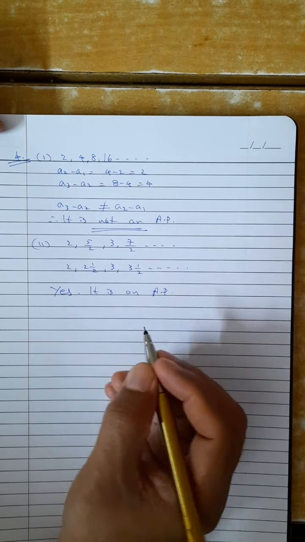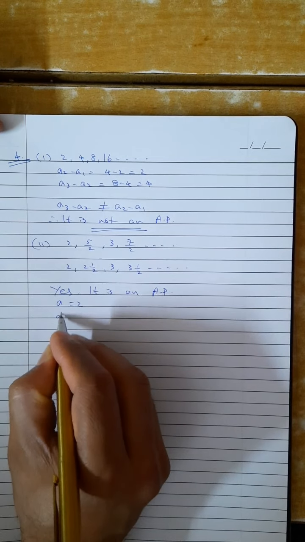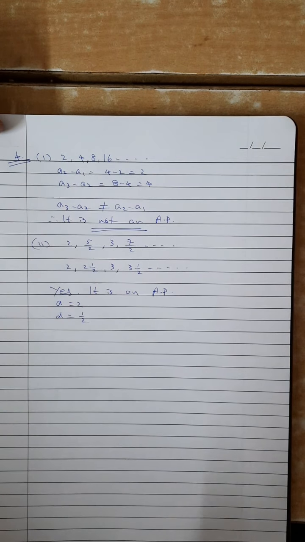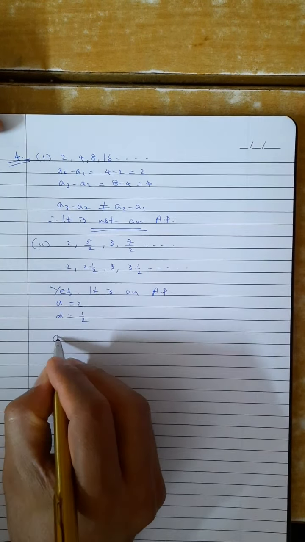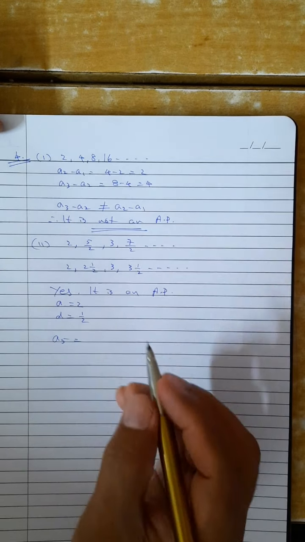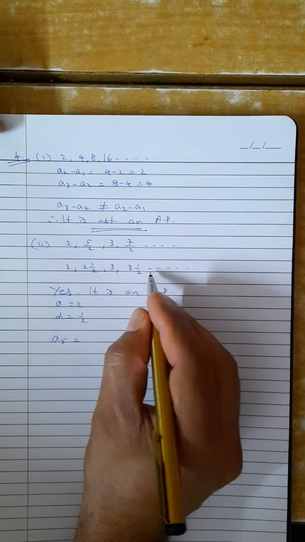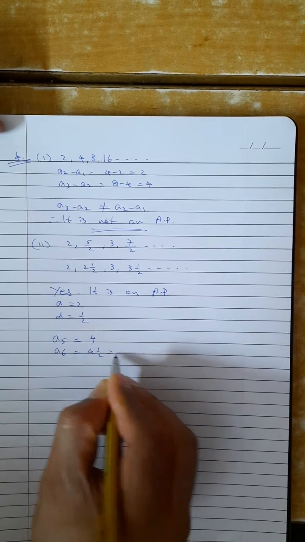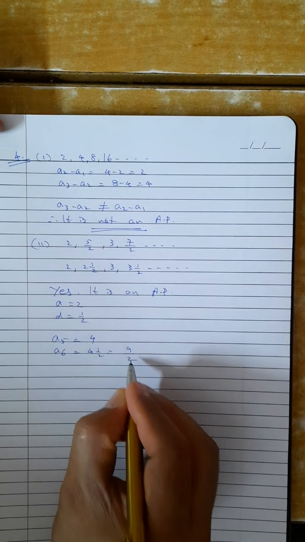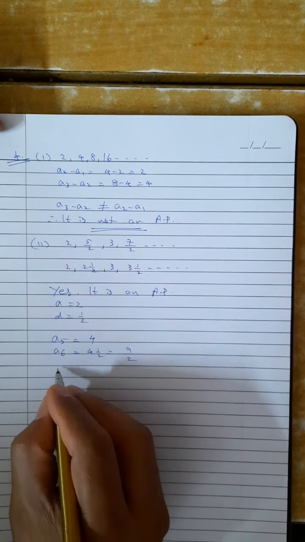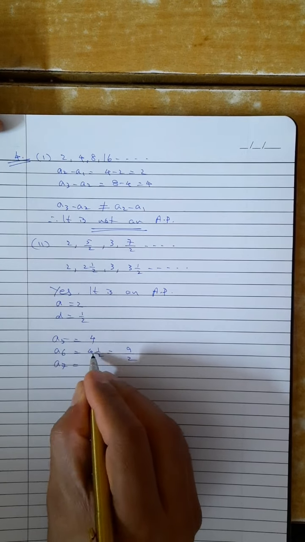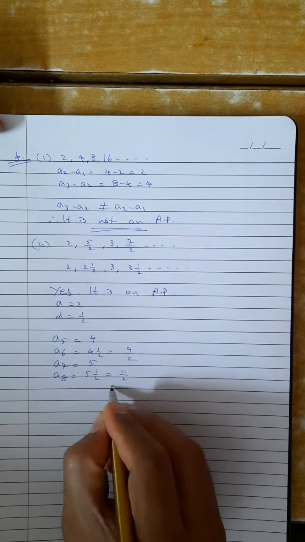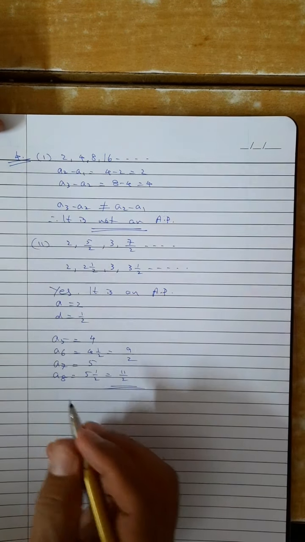Now they are asking write 3 more terms, isn't it? A equal to 2, D is half. Now which are the next 3 more terms? 1, 2, 3, 4 are given. A5 means A4 plus half, 3.5, next is going to be 4. A6, 4.5. 9 by 2, in the same style if you want. Then A7, 4.5, then 5, A8, 5.5, 5.5 means 11 by 2. Okay, we can write it simply.